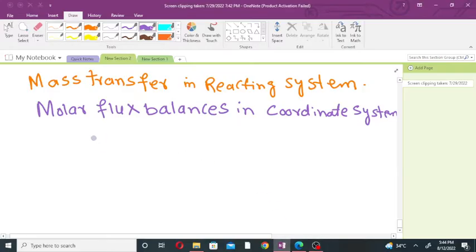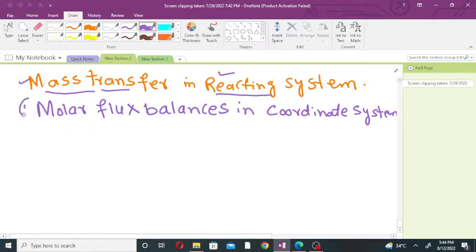Hello everyone. In this lecture we will discuss mass transfer in the reacting system. This lecture is related to mass transfer and reaction engineering. So what is the mass transfer behind chemical reaction engineering? How is mass transferred in chemical reactions? So the first step